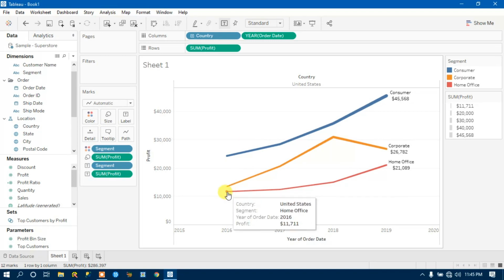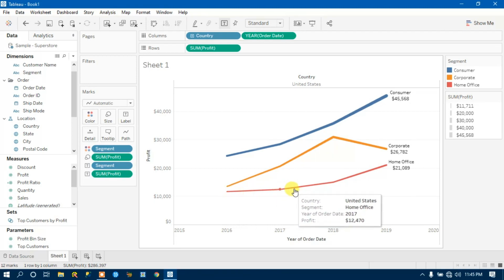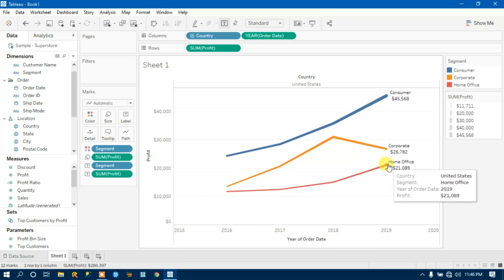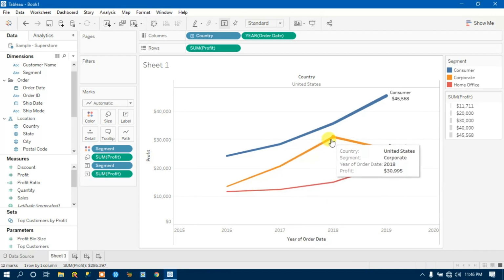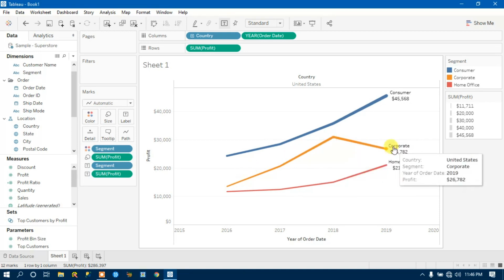Let's pick up this home office. What it is doing? It's simply checking if the profit level is low or high. If you see the trend, first it is not that high, then it is going a little bit high, then it is high. So at the end of the point, if you see this area, the height of the line is much thicker than this line, right? In a similar fashion, if I check this line, this is a much thicker line than this line. Again it is a little bit thicker. It is constantly getting thicker, right?